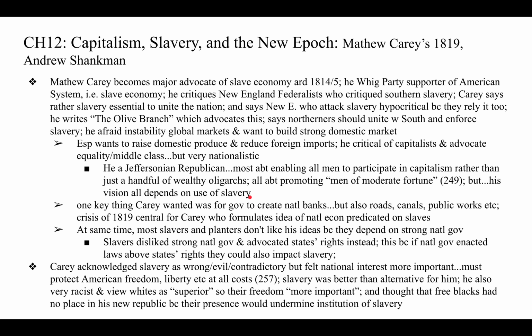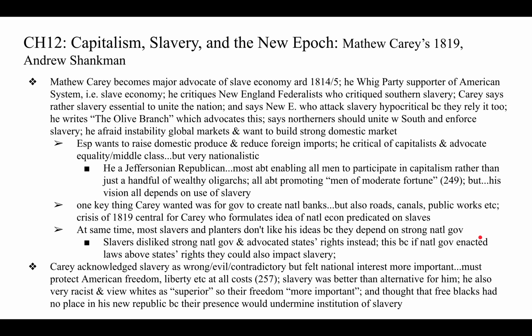But of course, Carey's vision was all dependent on the use of slavery, and Carey wanted as well the government to create national banks. So he called for a large government role in the economy and supporting the slave economy as well. He wanted the government to create national banks, roads, canals, public works, etc. And